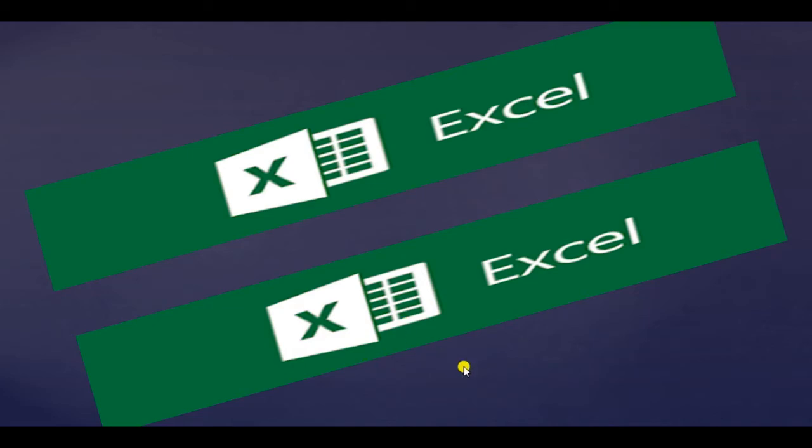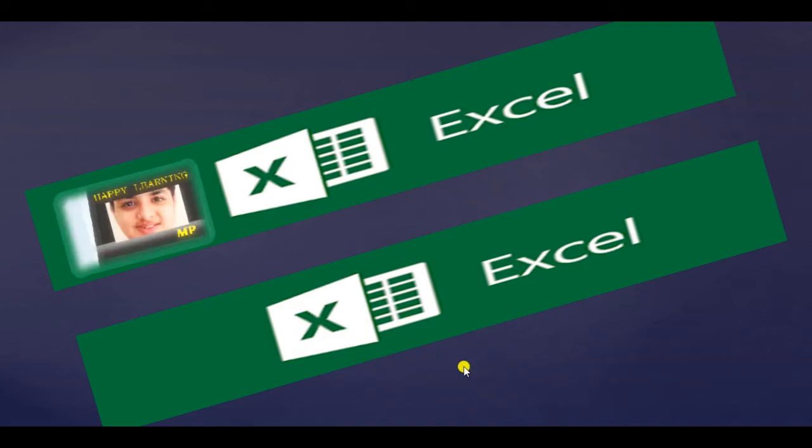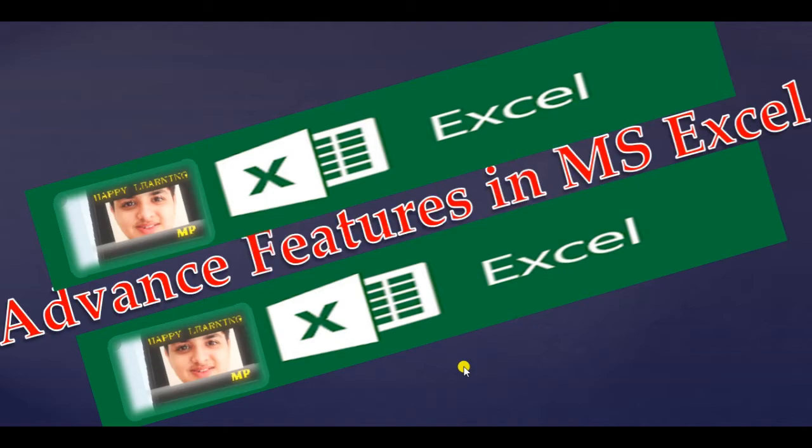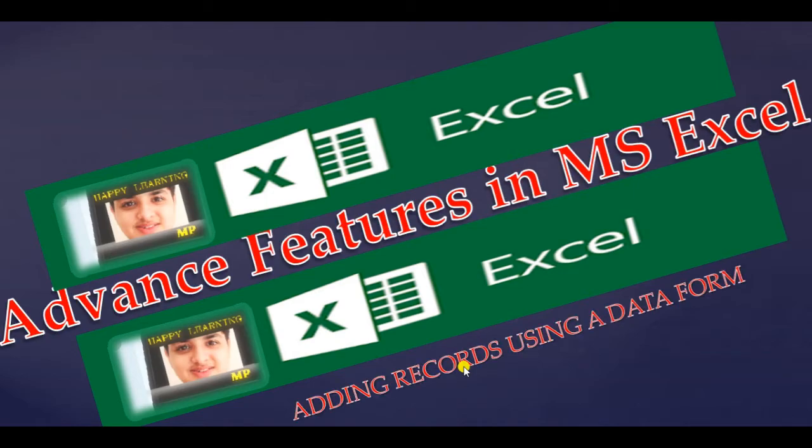Students, in the series of learning MS Excel advanced features, today you are going to learn a new feature, that is adding records using a data form. A data form is a handy dialog box we can use to type the data for each field in your table. That way we can enter one record at a time. A data form is an extremely simple way to add, delete, find, and browse through records. So, this is such a good feature given in MS Excel.